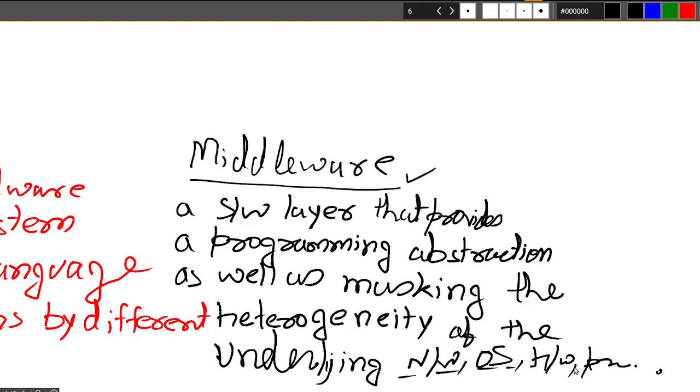So, middleware is just a software layer. What is happening here is you have your nodes. These nodes have to communicate among themselves. If there is a middleware, through this middleware you have to communicate.